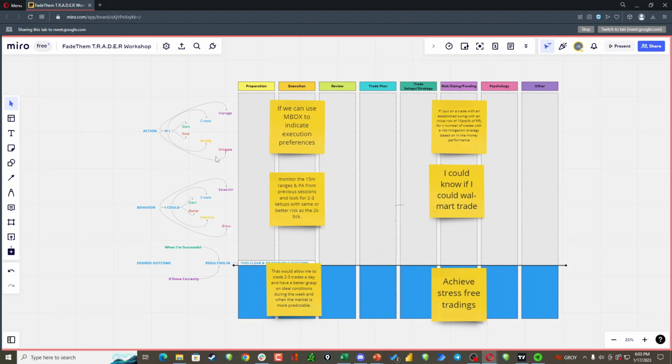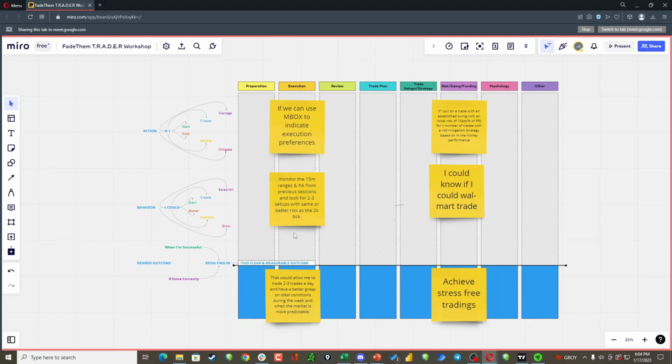The thing that you're seeing on the left here is the jobs to be done framework that I use to get to the future state idea here. You might think of these as use cases. Think of these like if we could, resulting in, they're use cases that you can solve for in your trading. So the action is if I started, stopped, created, modified, managed, mitigated, whatever, something, then in a behavioral action, I could start, better, create, improve, establish, or grow something. And then when I'm successful, or if my desired outcome would result in this clear and measurable outcome. So if done correctly, or when I'm successful, some finish line in the future will be crossed,